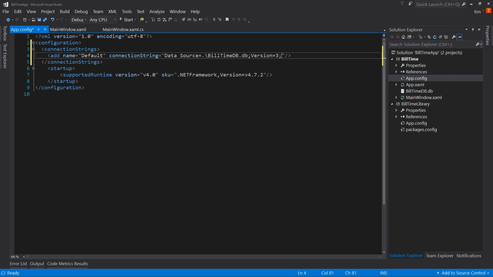You can get that from connectionstrings.org, I believe. I'm not positive, but you can look up SQLite connection strings and get the different types of connection strings you can do. Now I'm doing a relative path to the location of the executable. Now, if I were to have a